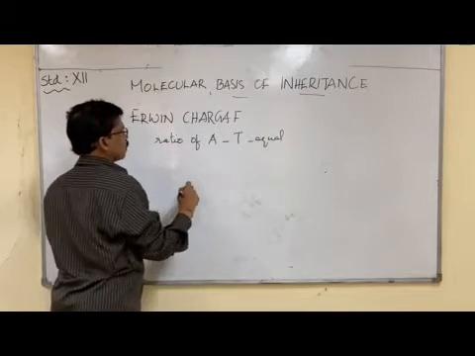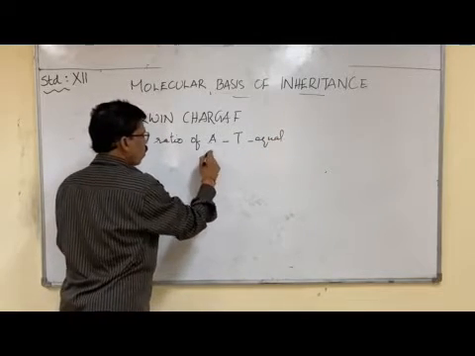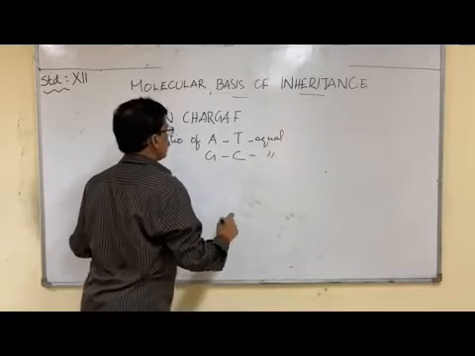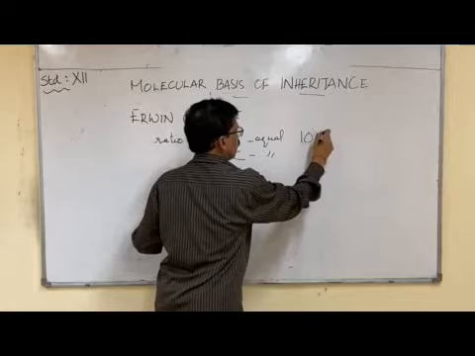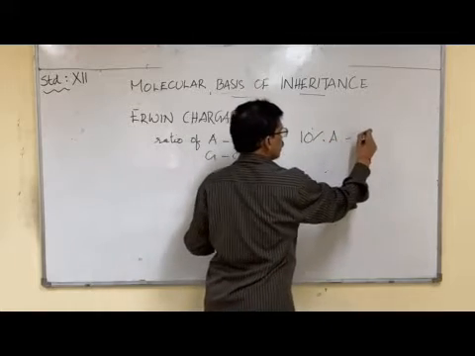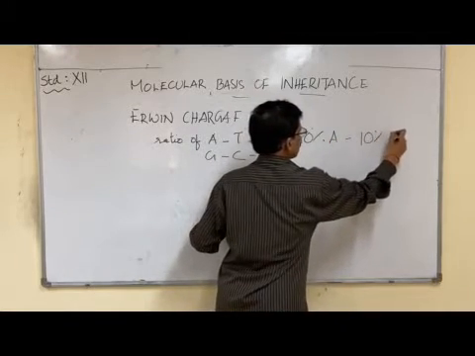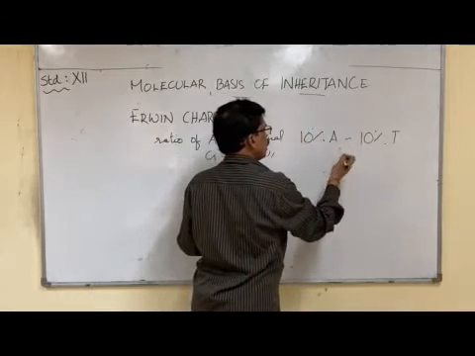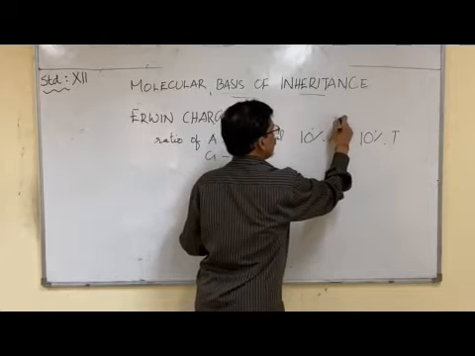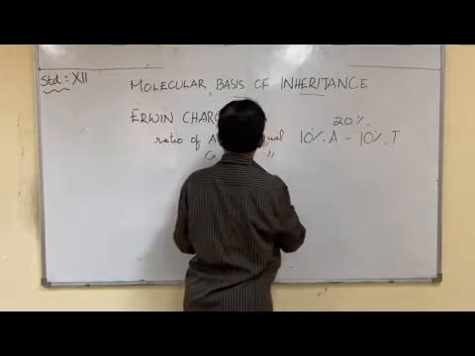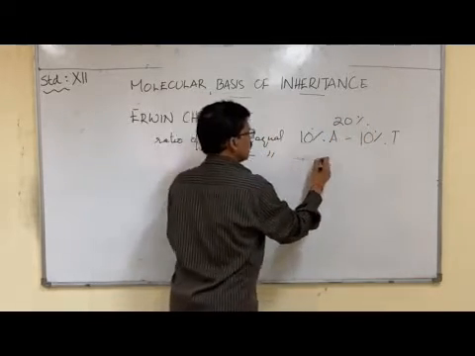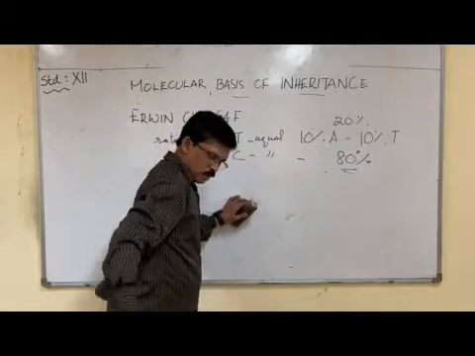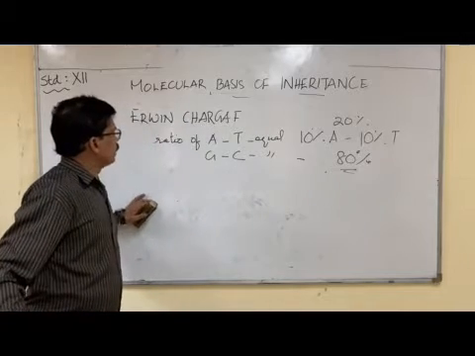And he also found out that not only adenine and thymine, guanine and cytosine are also equal. It means that if there is 10% adenine, there would be an equal 10% thymine. Then if adenine and thymine total 20%, then what would be the percentage of guanine and cytosine? It would be 80%. So this is a very important discovery as far as the DNA is concerned.